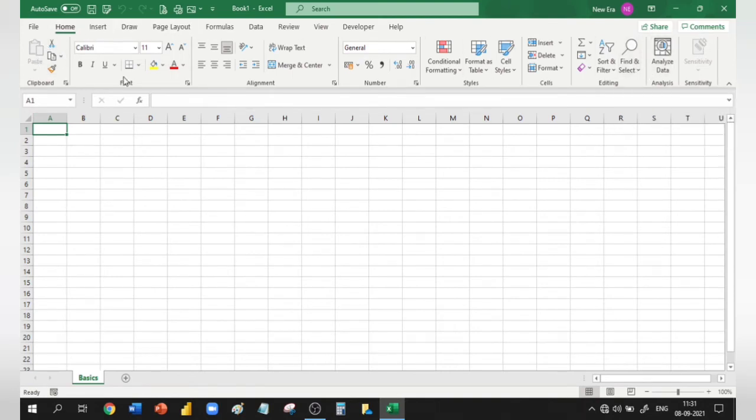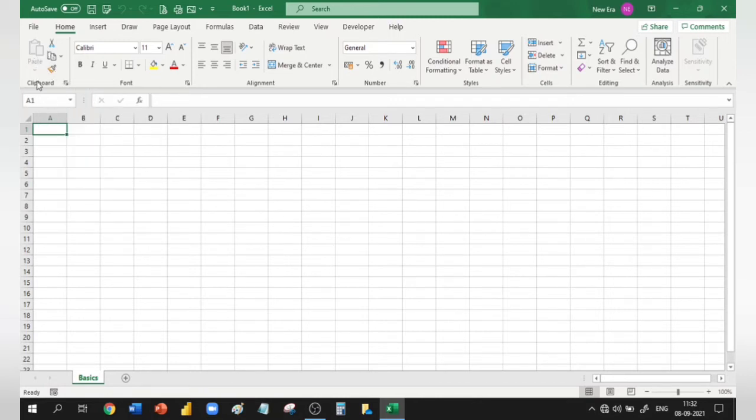Now this top section over here, we call it the ribbon. This is an entire set of all the commands, but it is distributed in a nice way so that we can jump onto our sections and understand which particular command we want to use. The first tab is called the home tab, and under the home tab there are many groups called clipboard, font, alignment, number, etc. All these groups also have multiple commands in them.